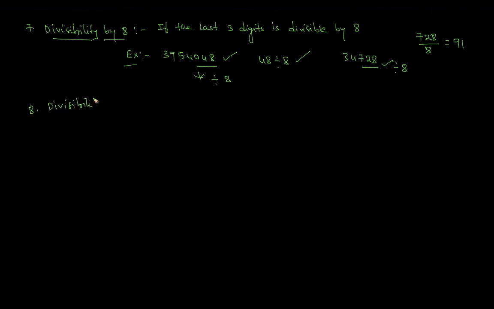Divisibility by 9. How can we say whether the number is divisible by 9 or not? If the sum of the digits of a given number is divisible by 9, or we can say the sum of the digits should be a multiple of 9, then definitely the given number will be divisible by 9. Now if I take an example,